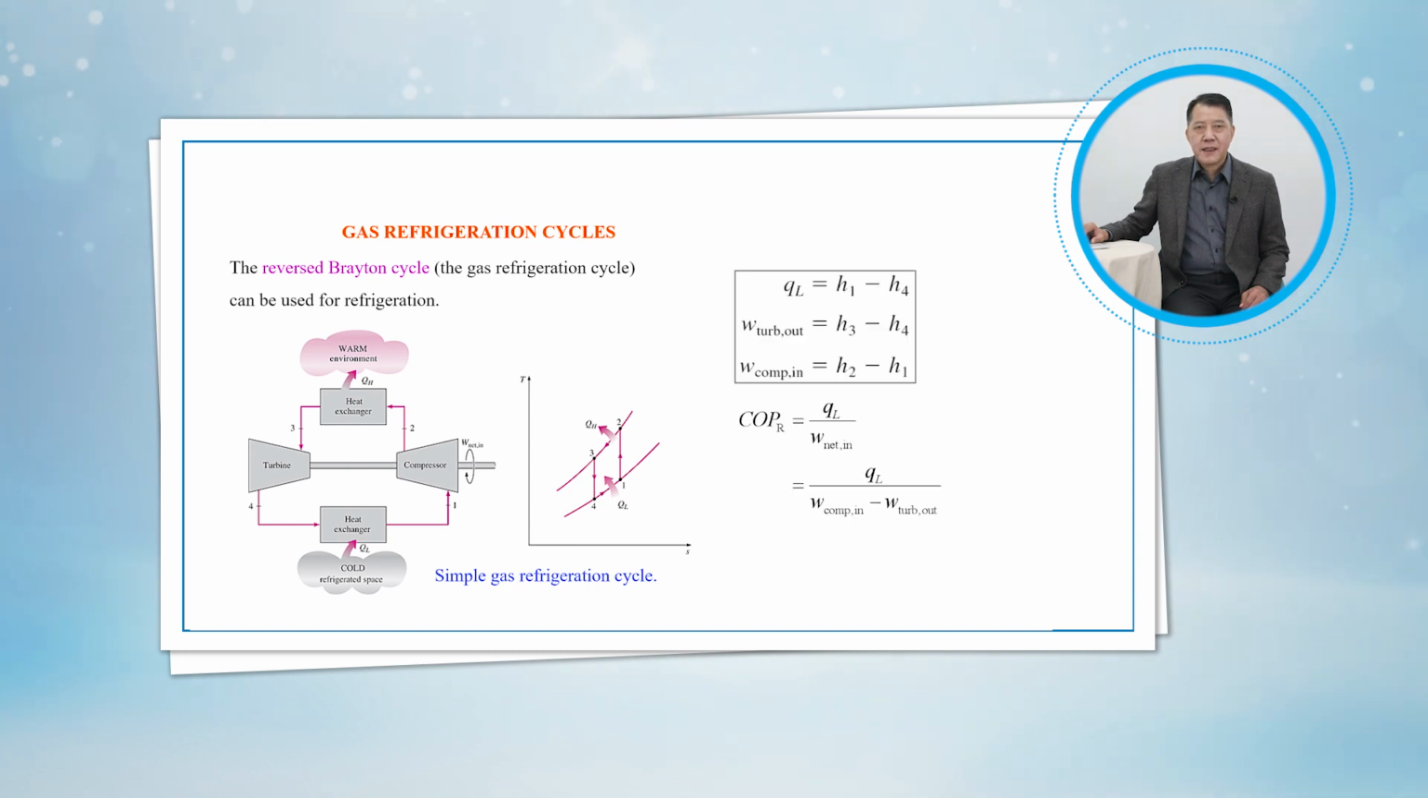On a T-S diagram, the area under process curve 4 to 1 represents the heat removed from the refrigerated space, and the enclosed area 1, 2, 3, 4, 1 represents the net work input. The ratio of these areas is the COP for the cycle, which may be expressed as